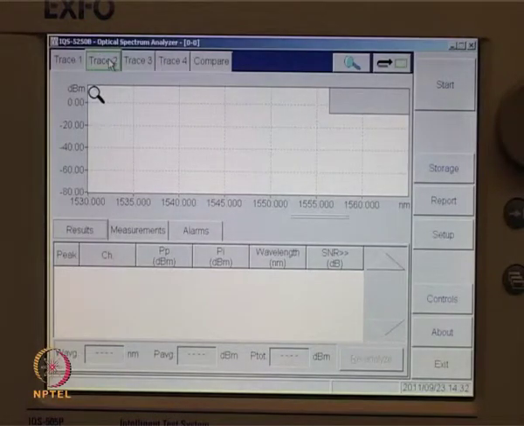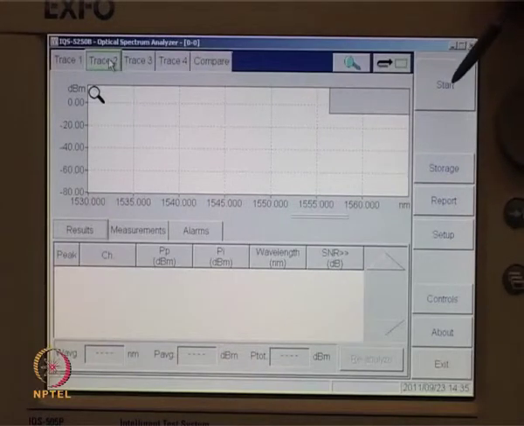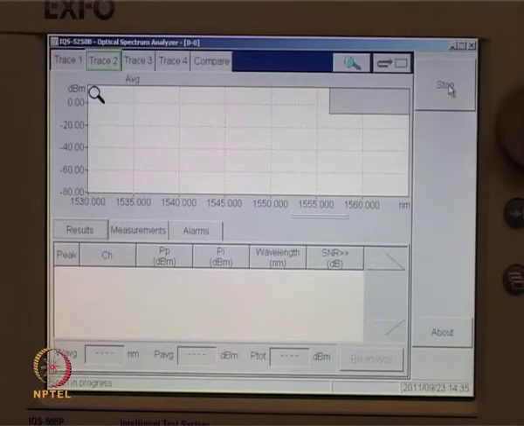Trace 2. The experimental setup has been changed and a new set of readings is being taken. Start is clicked. The process of scanning takes place.